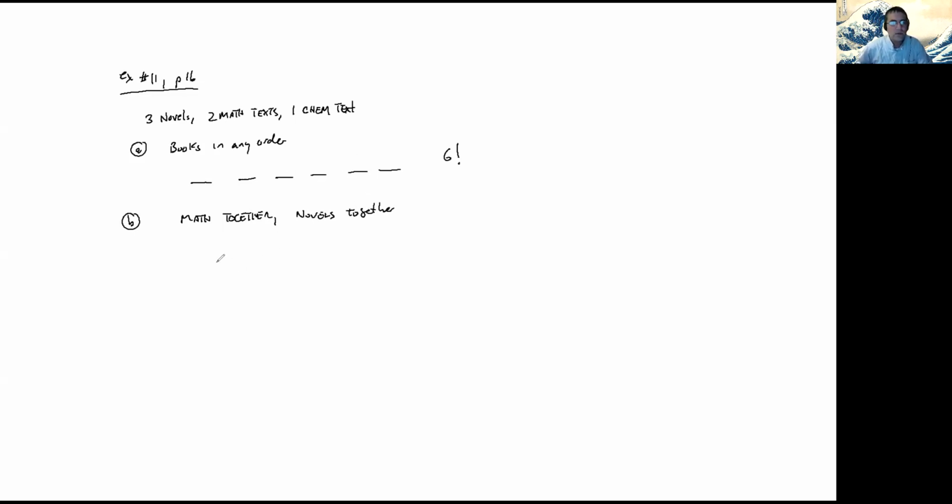Well, let's sort of group the math texts and the novels together in some ways. Let N denote the set of novels, M denote the set of math books, and then we have chemistry. Now on the shelf, we would have 2 together under the label M, and then we'd have 3 novels under the label N, and how many ways of these arrangements are there? Well, there are 3 different kinds of books in the way we've set this up. So there are 6 factorial arrangements. I'm sorry, 3 factorial arrangements